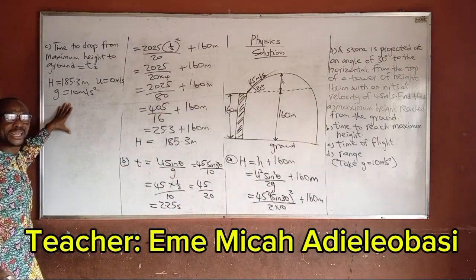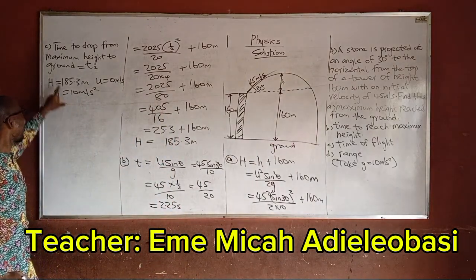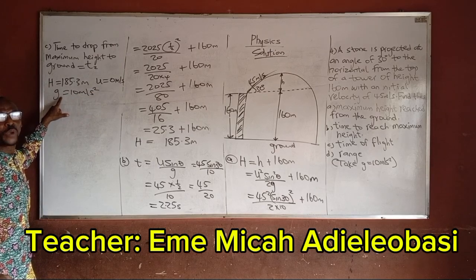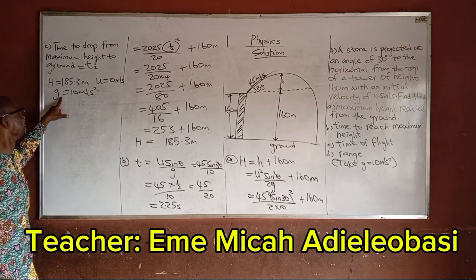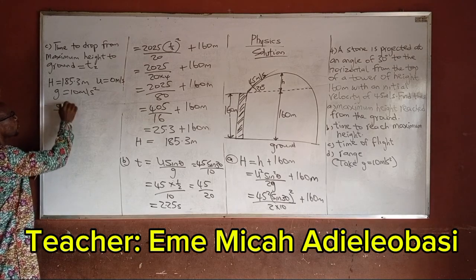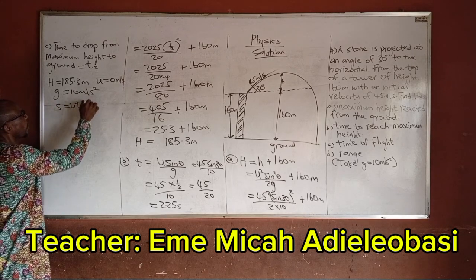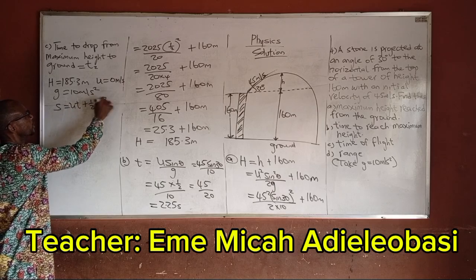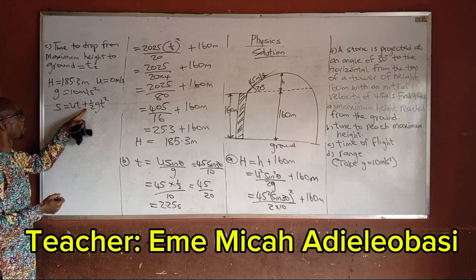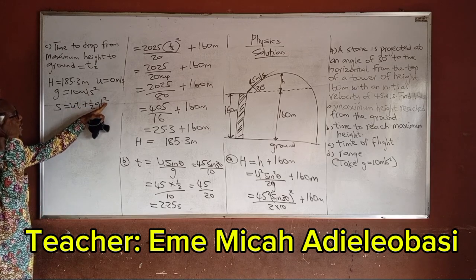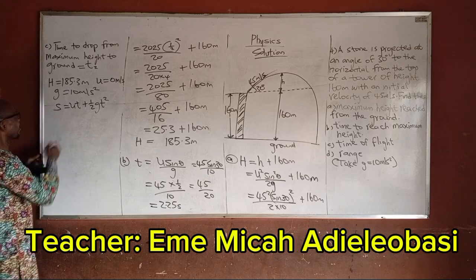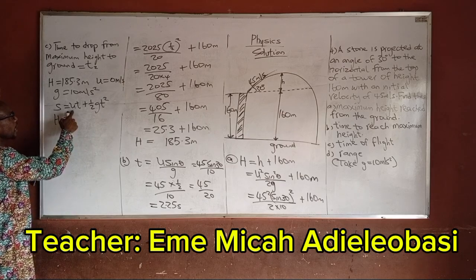If we remember the linear equations, we have our H, we have our U, and we have our G. We are looking for our T. We know from our linear equation that X is equal to UT plus half GT squared. Now, what is our X here? Our X here is our H. Our U is